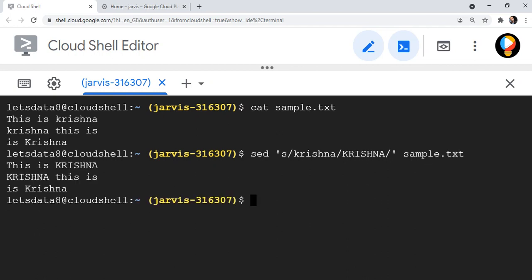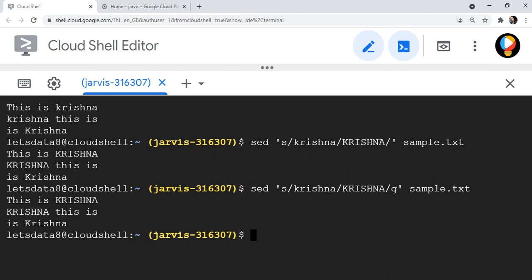You can see there were two occurrences of small letters krishna, and they all got replaced from all lines. This was not matching because it was capital K, but in our pattern it was searching small k. So the last line is as it is. So there are multiple variants while writing. Most of the times when you want to replace all the occurrences in the lines, you will write g at the end.